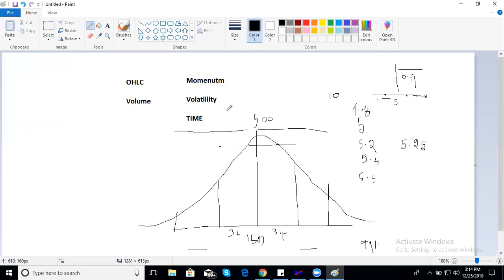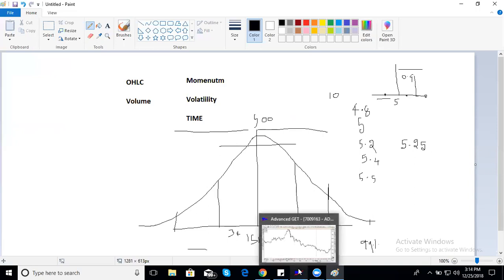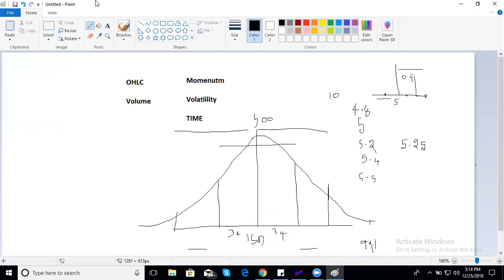So the basic input for Bollinger Band is a 20 period moving average. That means I am taking the average of the last 20 periods and then slapping 2 standard deviation bands on it. This is the basic input which John Bollinger himself recommends, and he also uses the same thing, right?